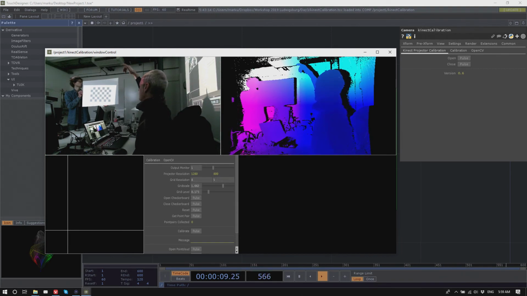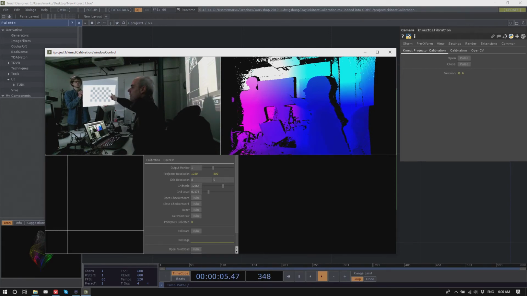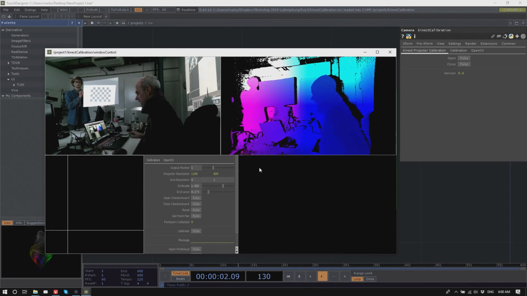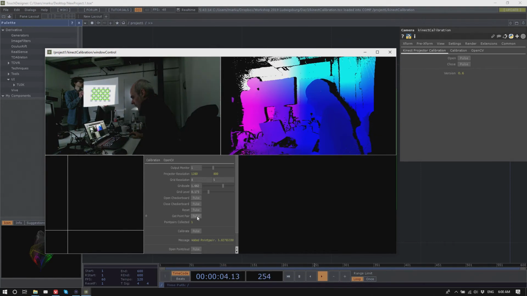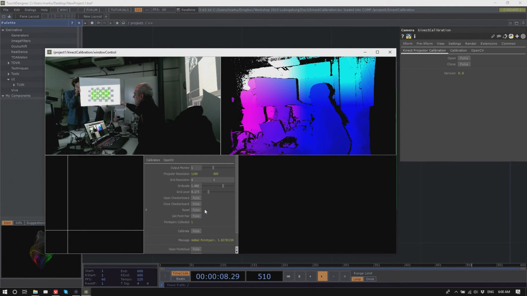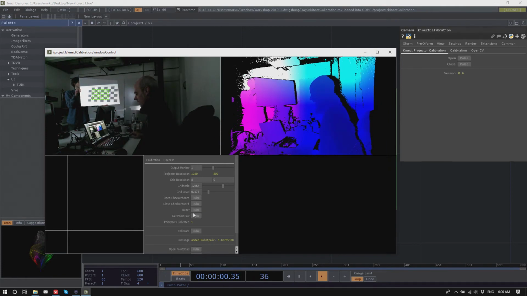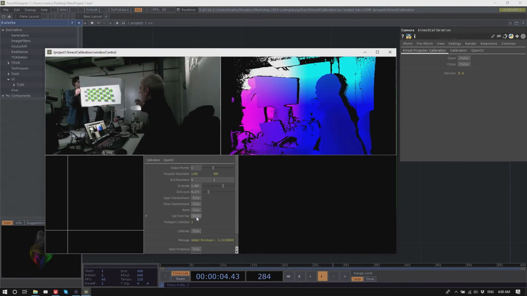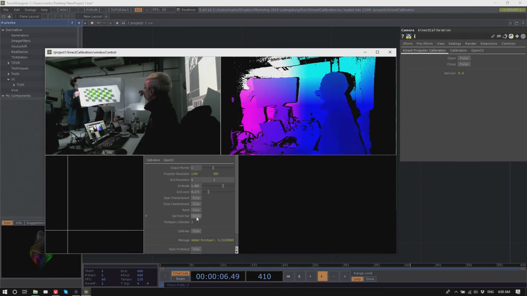And now, or corners, and now what OpenCV does, it looks in the camera image and tries to find that grid because it knows what it's looking for. So it can find it, and so you collect 1 point pair, and then you basically move it a little bit, and collect another point pair.